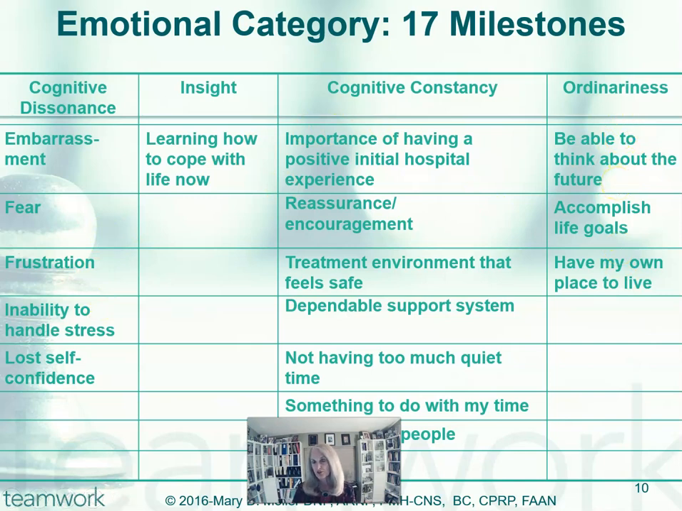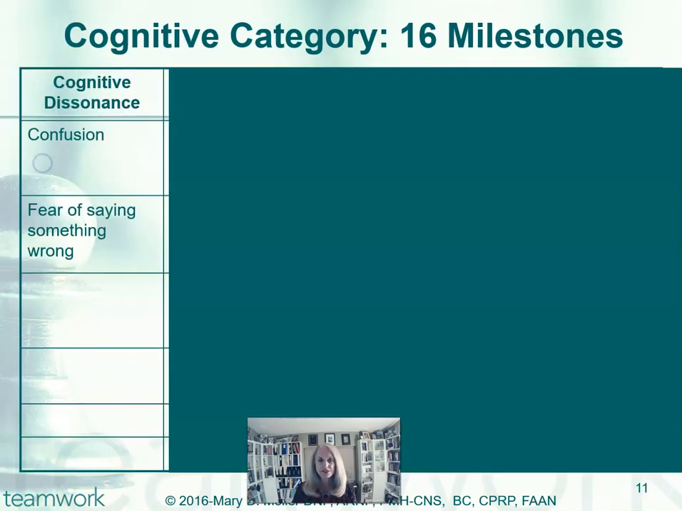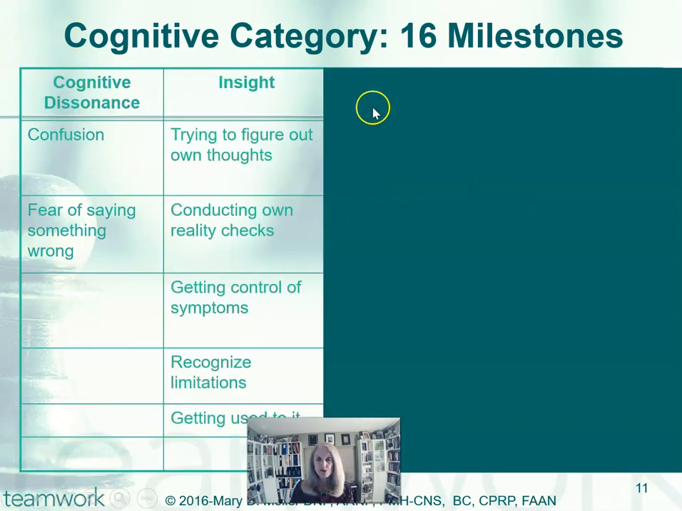So your treatment plan hopefully will look a little bit different and talk about how the client will talk about things that are embarrassing, will overcome certain fears, etc. Cognitively, okay? On the couch, they're confused, afraid of saying something wrong. At the bus depot now, trying to figure out my thoughts, conduct reality checks, control my symptoms, recognize limitations, and